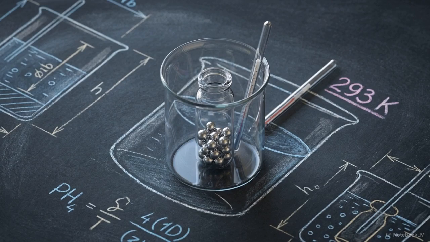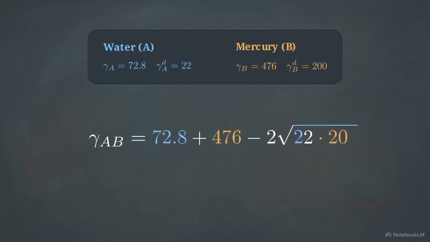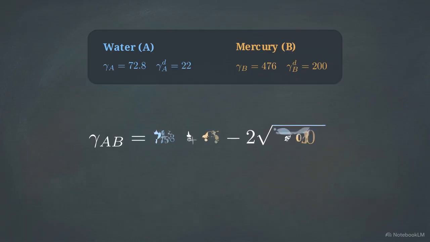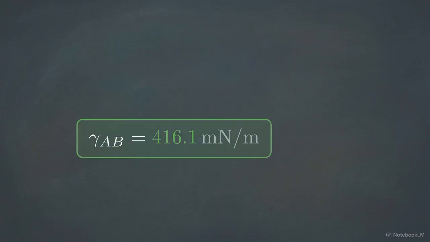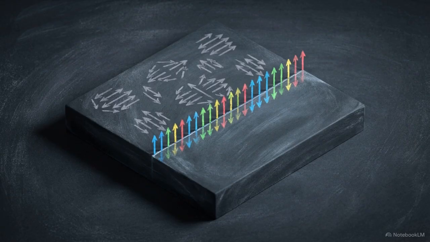We can apply this to calculate the extreme interfacial tension between water and mercury at 293 Kelvin. By plugging in their established gamma-d values, 22 and 200 millinewtons per meter respectively, the model outputs a theoretical tension of 416.1. The experimental measurement for that exact system is 426 millinewtons per meter. Predicting boundary interactions in extreme chemical environments requires mathematically stripping away all internal phase forces, isolating only the vectors actively